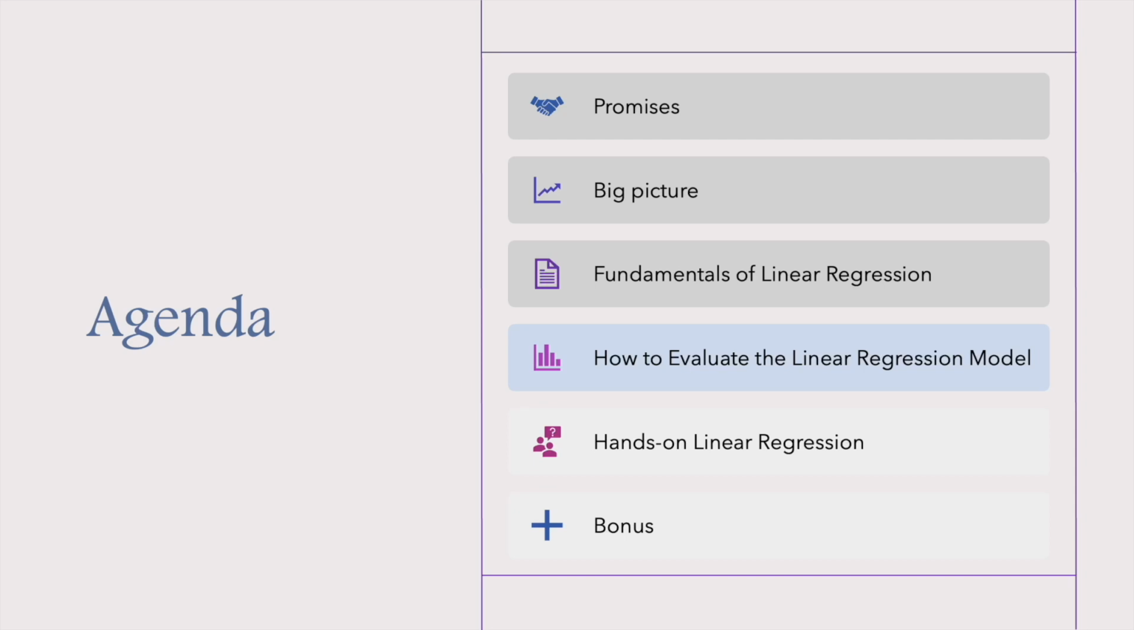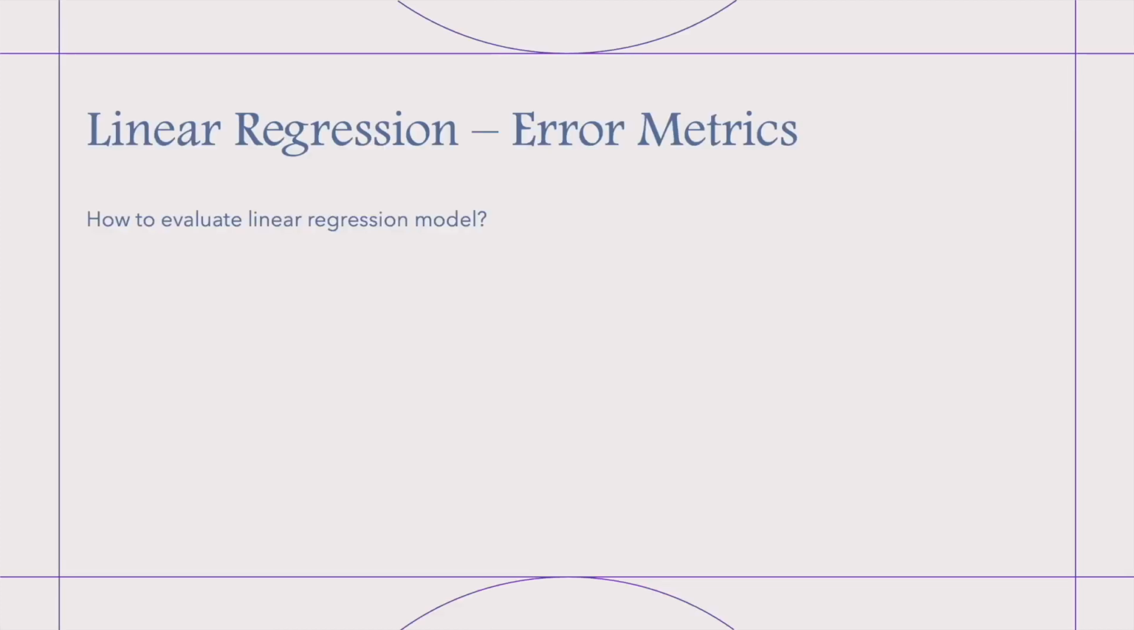Now we saw the fundamentals of linear regression, we saw the model, we saw the equations. Now we will see how to evaluate the linear regression model. The idea is basic. We will use different loss functions, different error metrics. If you ask this kind of questions, how to calculate the accuracy for the model, actually it is not a